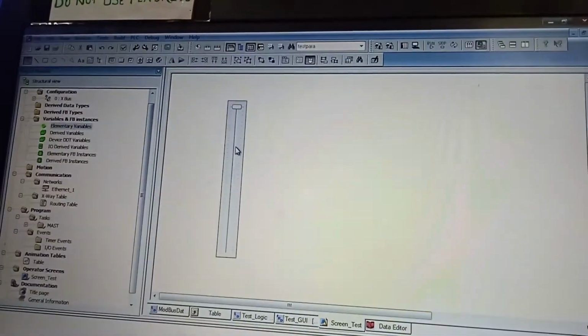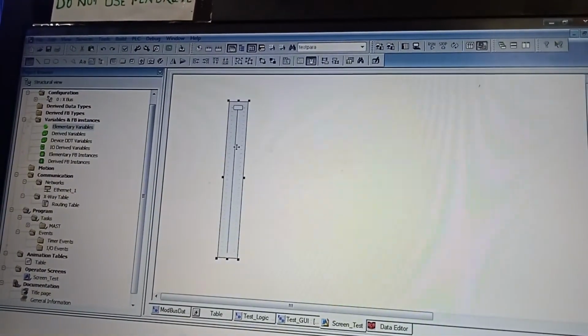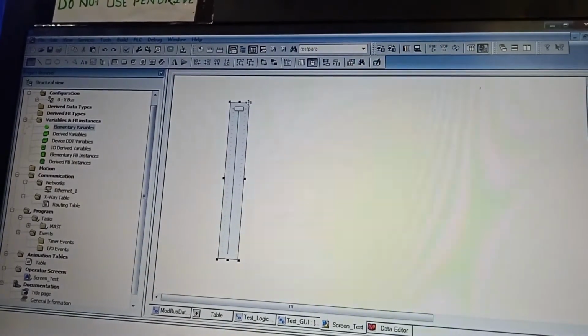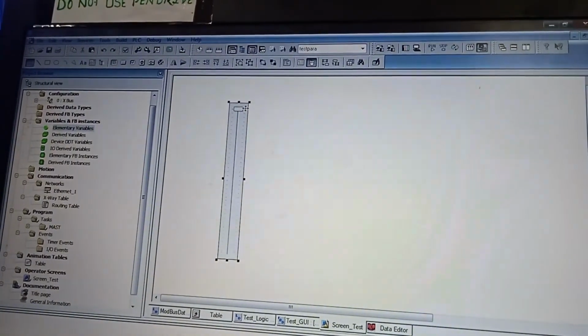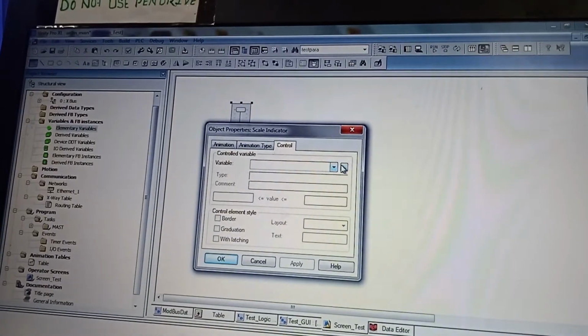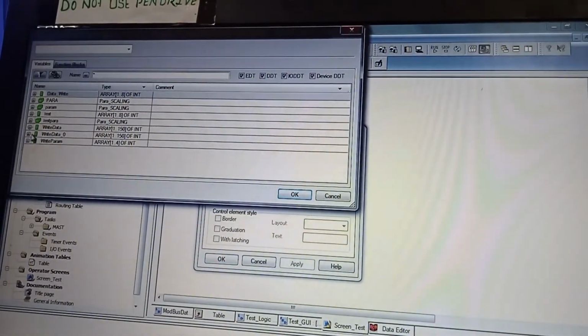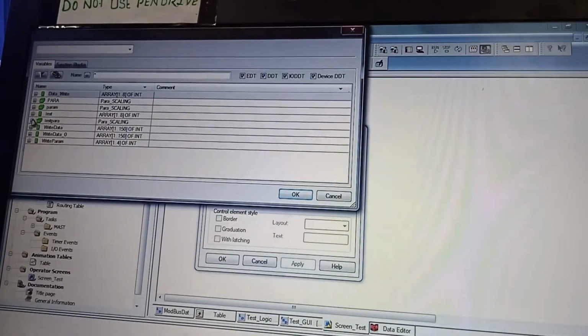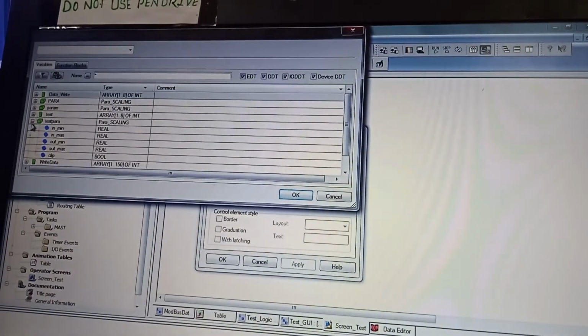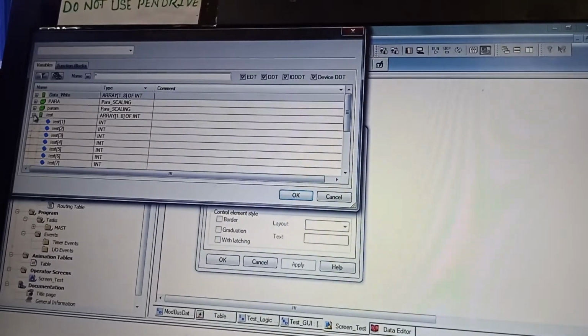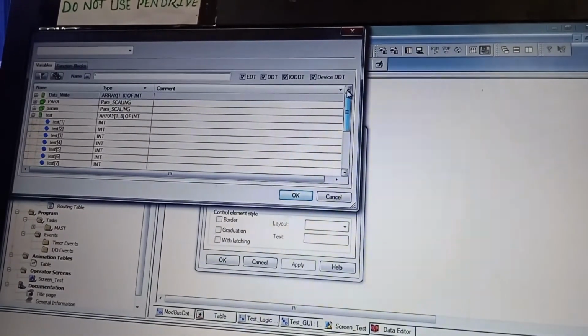Now I am going to the test screen. You select it, double click on it. So here you set the input. So where is that test input?